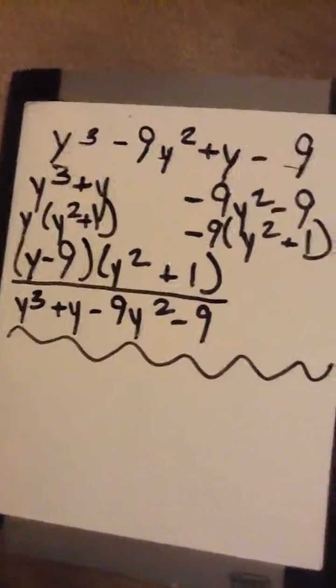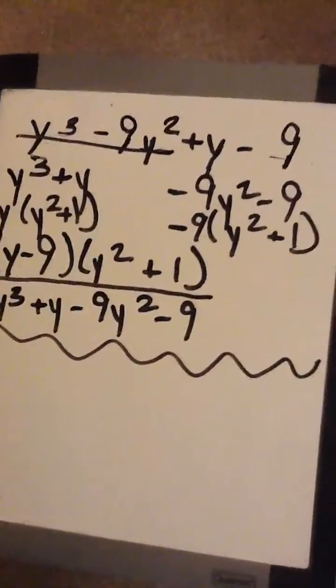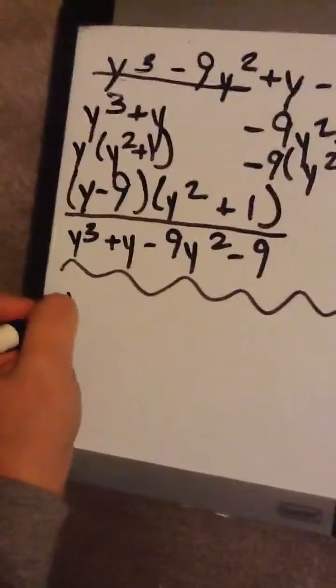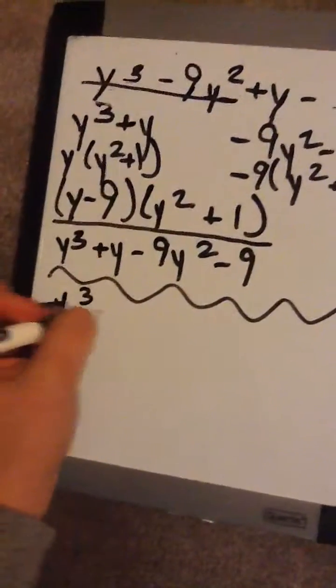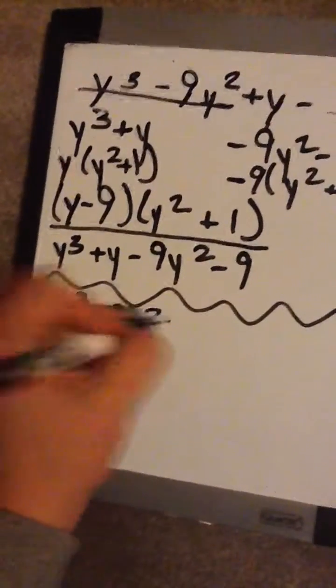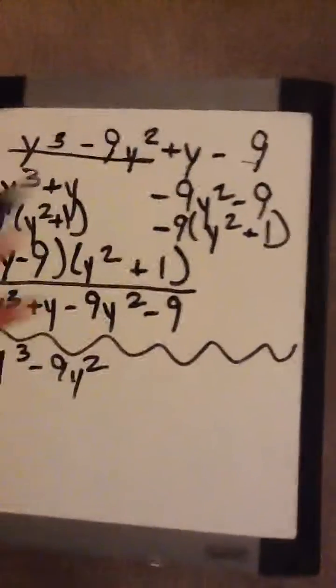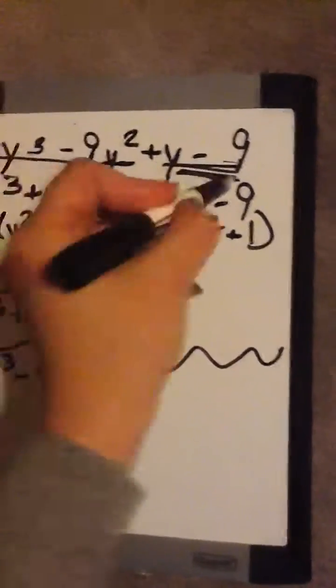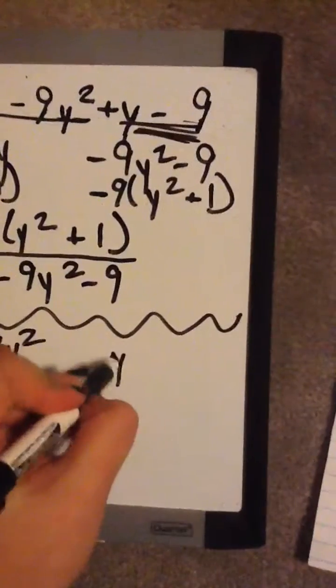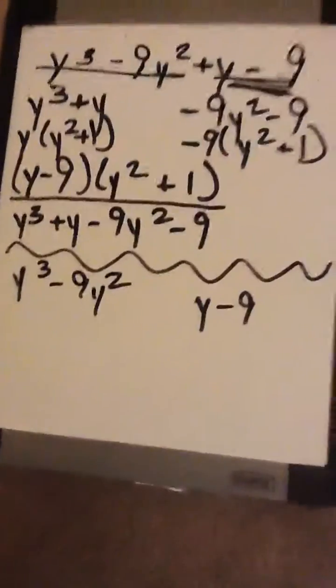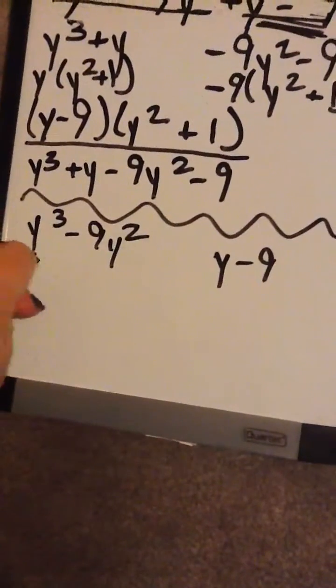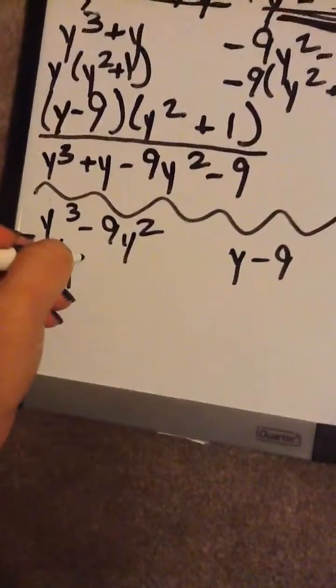So I think the way that you did it was you factored the first group. So that would be y to the third minus 9y squared. So that's one part. And then the second group, which is just y minus 9. So you're going to factor, once again, separately. So for here, I'm going to factor out a y squared, which would give me a y